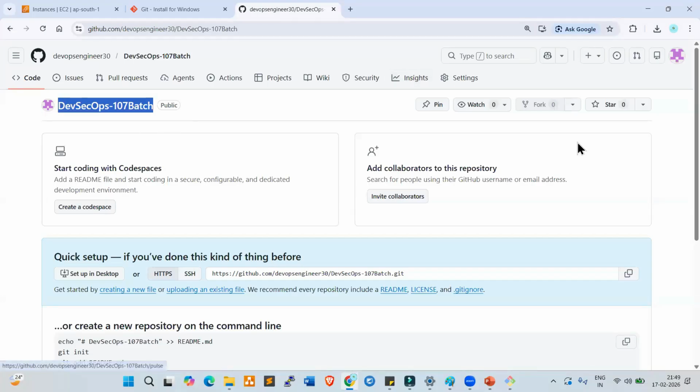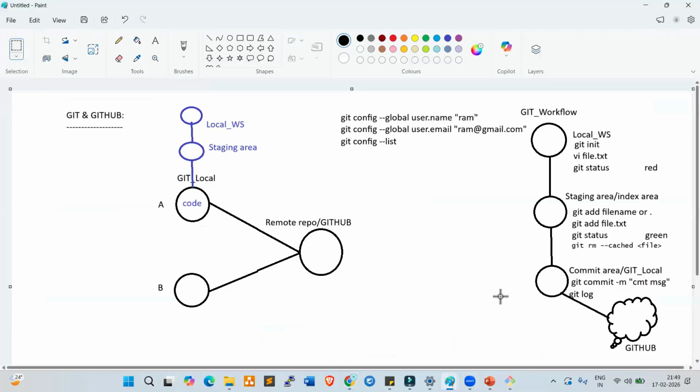Once we create the repository, we need to establish the connection between Git local and GitHub. This connection we need to establish first. So from local Git to GitHub, we need to establish the connection. How can we establish the connection here? The command here is